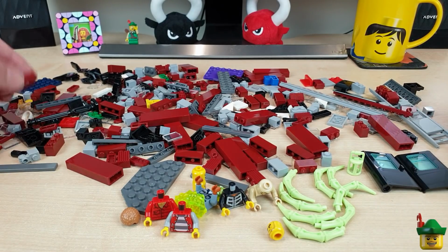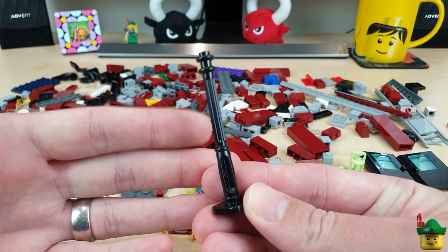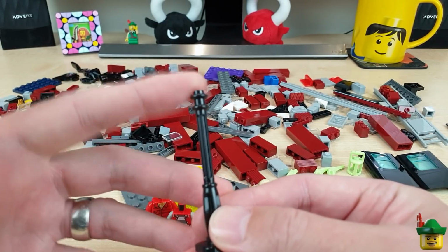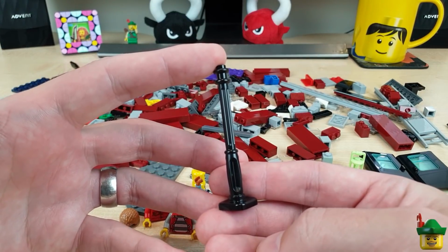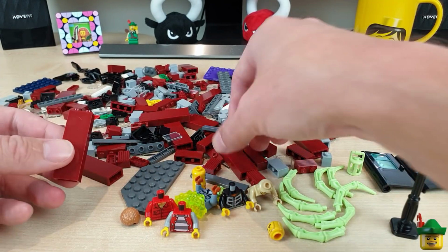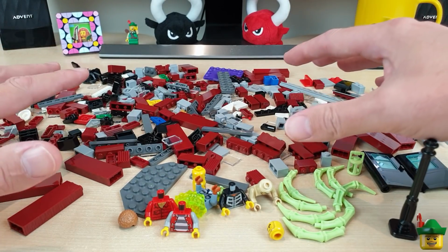Right, and then all sorts of other sets for other projects. I've got one lamppost. I'll be buying a lot more of these for my old town, but this one's not for the old town. In fact, the one that I did use in the old town is not for the old town either. Therefore, my big mystery build, which I'll probably start after Halloween, which is going to be huge, and that's the one that's going to be powered by power functions, and that's what all of these dark red bricks are for. I've bought loads of dark red bricks already on